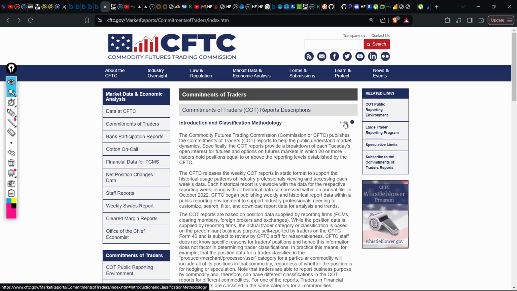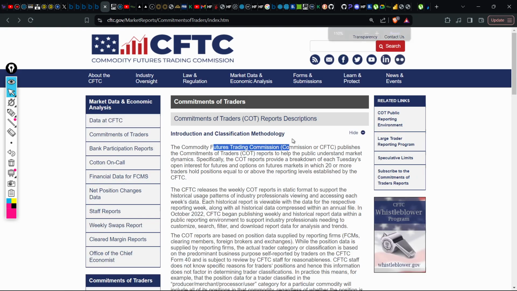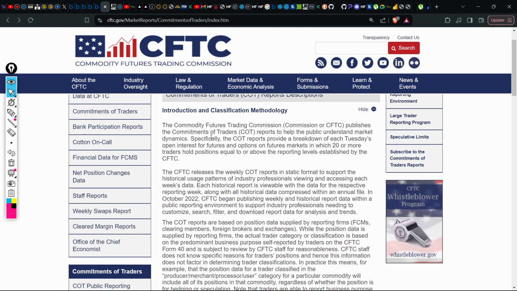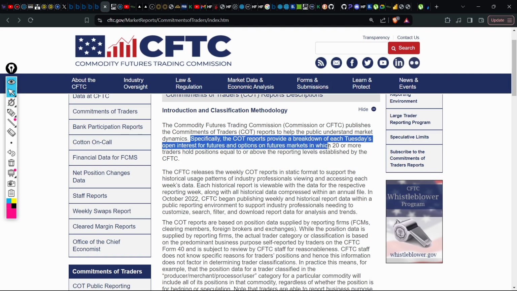I'll just look at the definition in general. All right. So the Commodity Futures Trading Commission, the CFTC, zoom in here, publishes the Commitment of Traders reports to help the public understand market dynamics. Specifically, the COT reports provide a breakdown of each Tuesday's open interest for futures and options on futures markets in which 20 or more traders hold positions equal to or above the reporting levels established by the CFTC. So essentially, what this means is